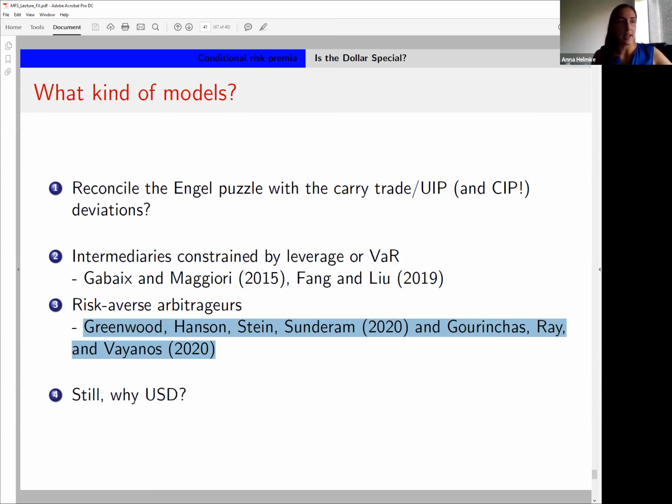Okay, there's one last question. How do you think of the emerging markets carry trade? According to Hassan and Mano 2019, carry trade profitability is tied to UIP violations. But we know from Bernstein 2014 that evidence against UIP is significantly weaker for emerging markets, yet emerging markets carry trade is still very profitable.